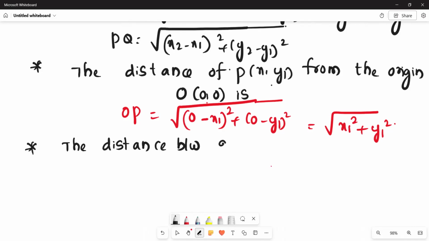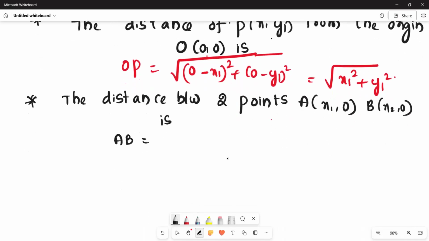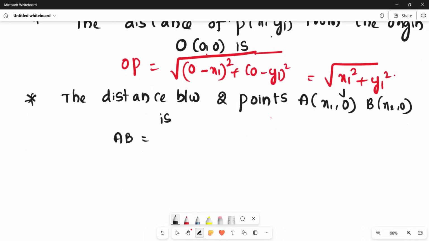Let us suppose 2 points. So observe the points location. It was A (x1, 0) and B is (x2, 0). I'm taking 2 points here. If we observe the points carefully, we are having the 2 points completely on the x-axis because the y coordinate is completely absent here, right? If I need to find out the distance between these two particular points,